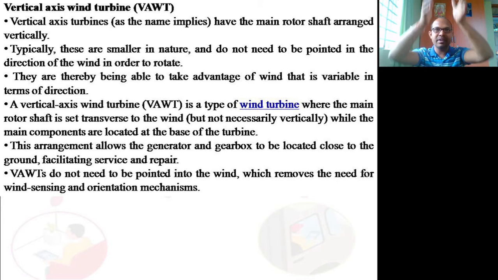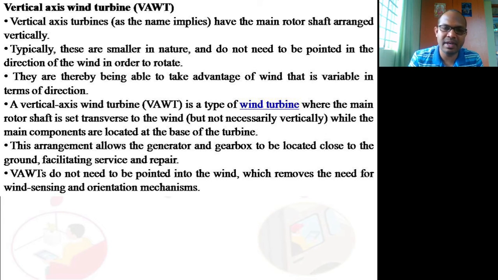It facilitates not only the balancing. When you have a tower like this for a horizontal axis turbine, whenever there is maintenance or a repair, you have to go inside the tower where a number of ladders and steps will be there. You have to go there, make the repair and come back, or there may be a temporary lift. So what happens if the same systems are at the ground level? Then the maintenance and repair will be easy to do.